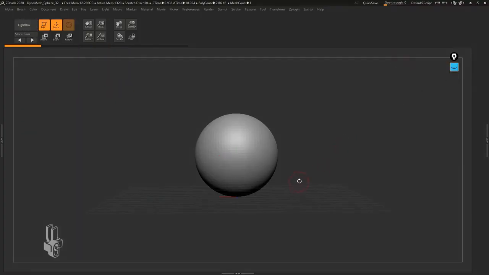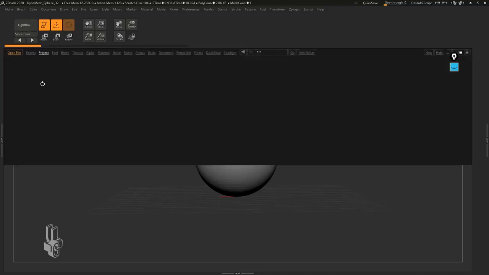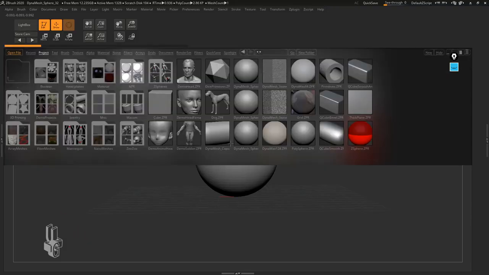All right, so the first thing I want you to do after loading this UI, no matter what you have in your canvas, is load this project anyway. So I'm going to click on the lightbox. Again, this is the file managing system in ZBrush, and we're going to use a default project from ZBrush to learn navigation, or to basically navigate around it and get really comfortable using the navigation in ZBrush. So let's go ahead and start with the dog,